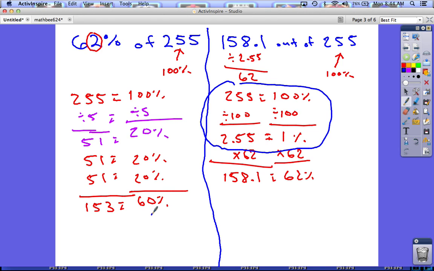So I'm going to do 1%, 1%, 2.55, 2.55. Let's add these up. 60, 61, 62. That's what we want, 62%. 153 plus 2.55 plus 2.55 plus